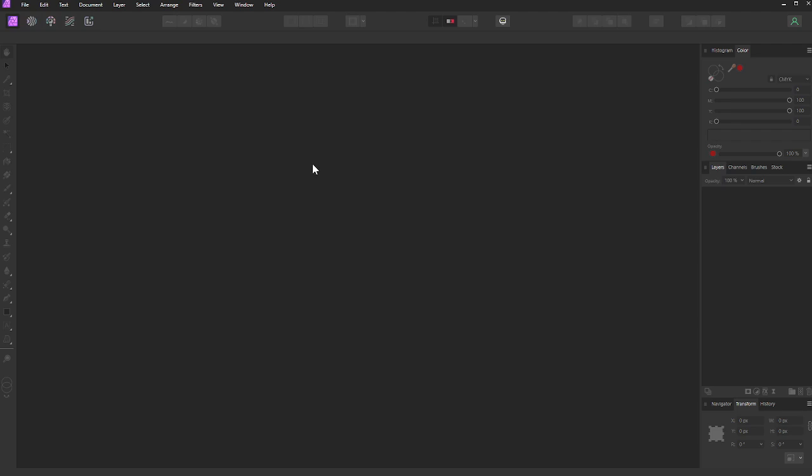Today I'm going to show you how to edit the skin tone of a subject in an image using the program Affinity Photo. Now, to begin with, you might not have heard of Affinity Photo. It's basically another corporation's version of Photoshop. It does most of the same stuff as Photoshop, but the nice thing about Affinity Photo